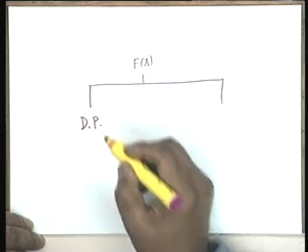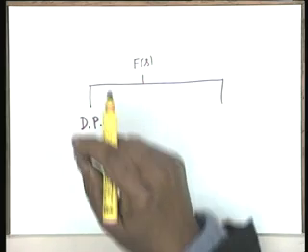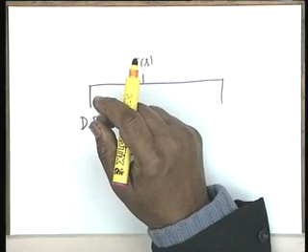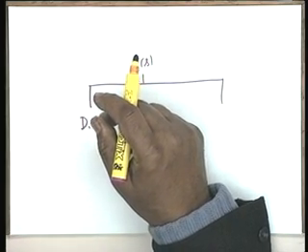This must not be lost sight of. Okay. Now, the network function f of s, as you know, I have already told you this, could be a driving point function, that is, if the excitation and the response are at the same port or same pair of terminals, that is, the excitation is either a voltage or current and the response is either a current or voltage. That is the only thing that you can do.